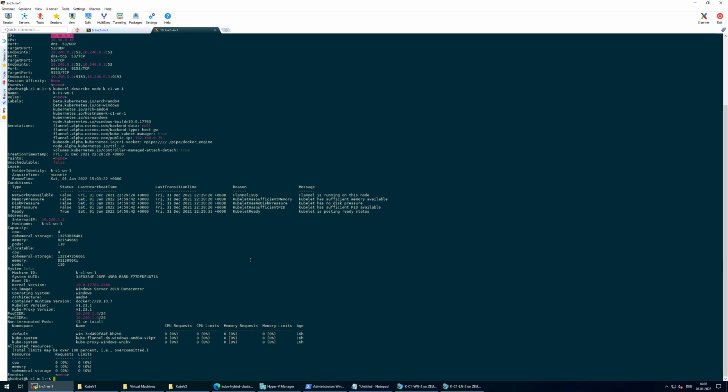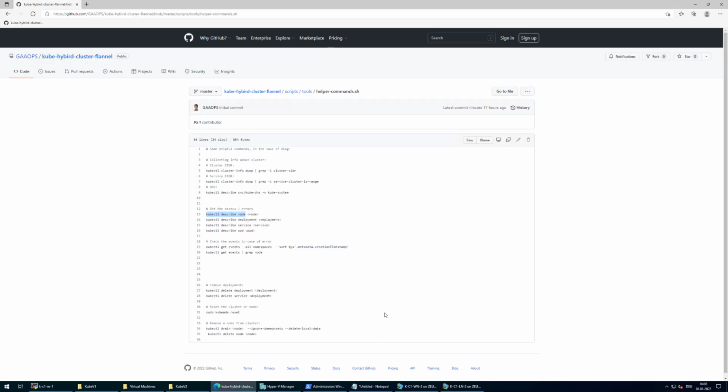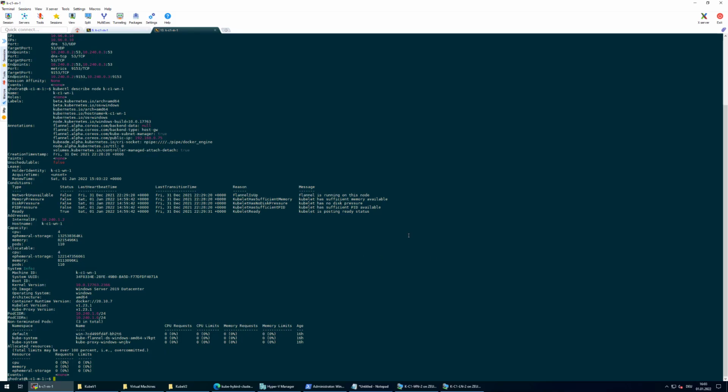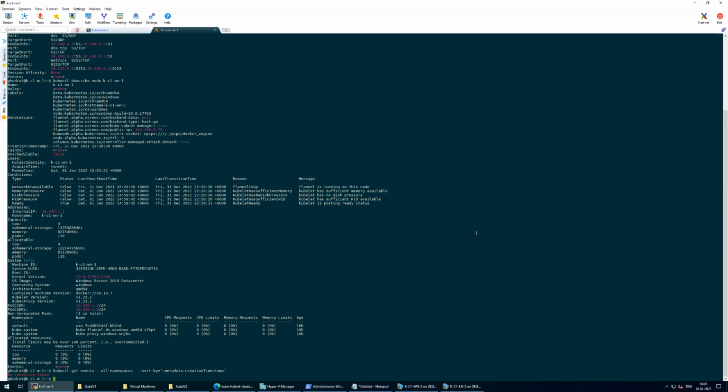And here, if you have some error, you will see it here. You can do the same for every resource, like nodes, pods, services. If you want to see the events, you can check the events like this. It will show you the events of the whole cluster. If there is some error,